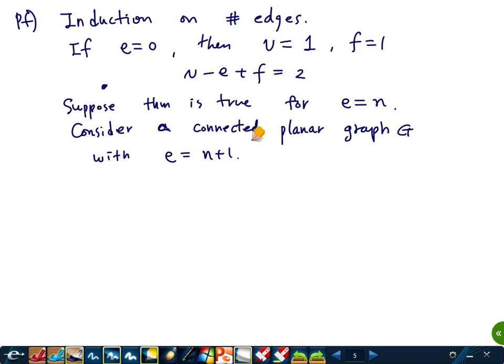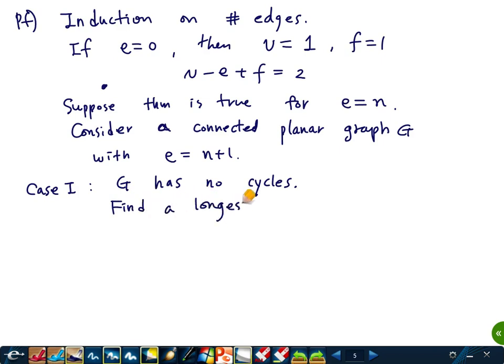If you can show that G also satisfies V minus E plus F equals 2, then the theorem is also true for the n plus 1 case, so it will be done for every E. So we will consider two cases. First, G has no cycles. Then in this case, find